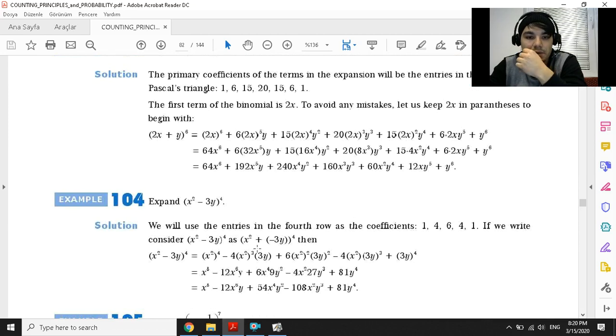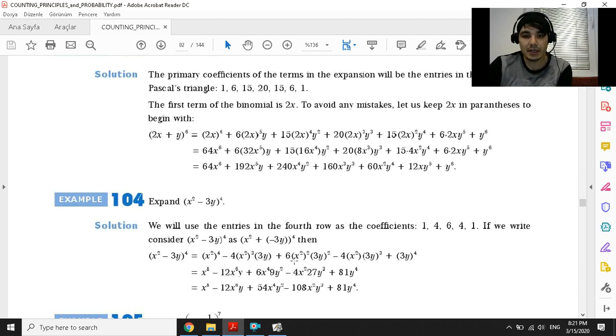And after that, we will start with the first term. Take the fourth power of the first term, which is x squared to the power of 4, and after that, write the coefficients. As the difference of the terms, it means that we will take minus, plus, it goes like that, okay? So we will write the second coefficient, which is 4, and after that take the cube of the first term, which is x squared to the power of 3, and multiply the number by the second term, which is 3y,